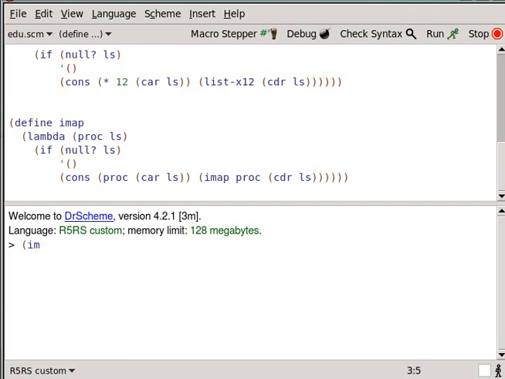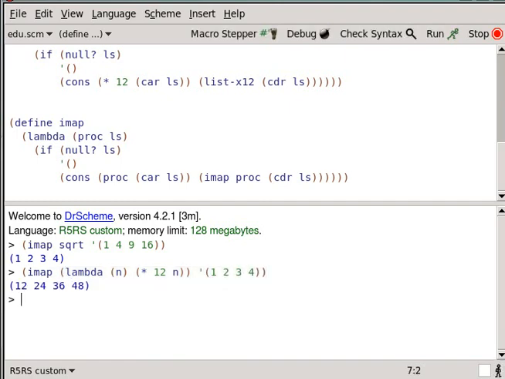iMap square root 1, 4, 9, 16. 1, 2, 3, 4. Alright, iMap, to do iMap times 12. N times 12n. 1, 2, 3, 4. Alright, and that's what we'd expect, but the iMap, the proc in here, it only takes 1 argument. See, we're running just 1 argument on it,